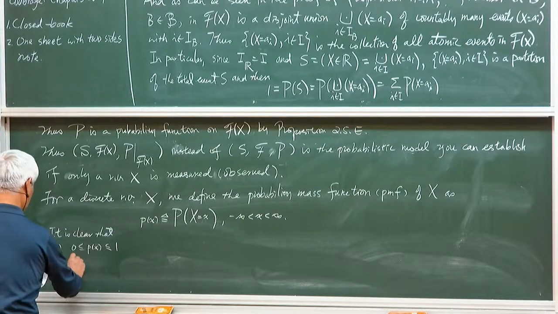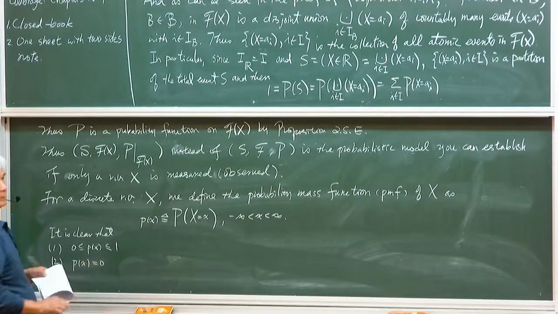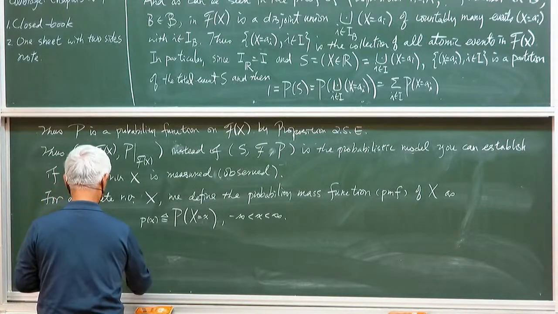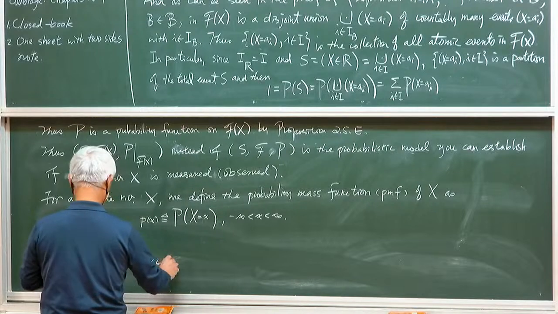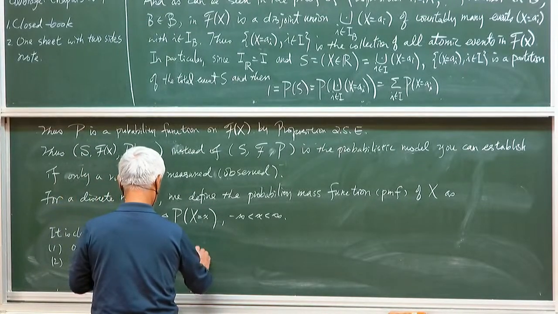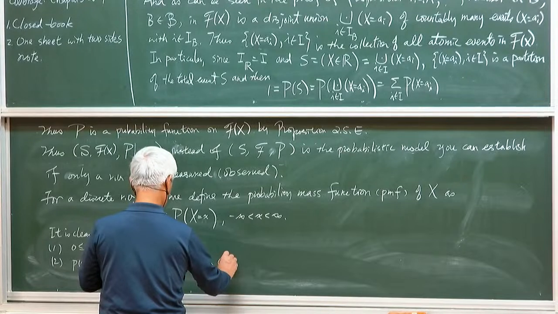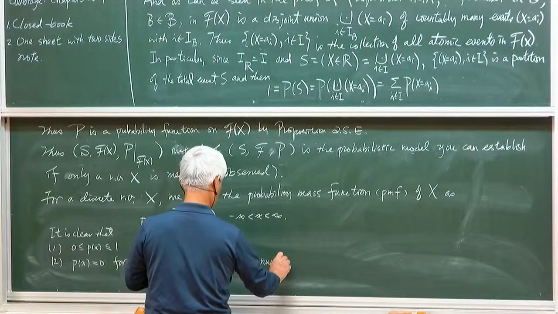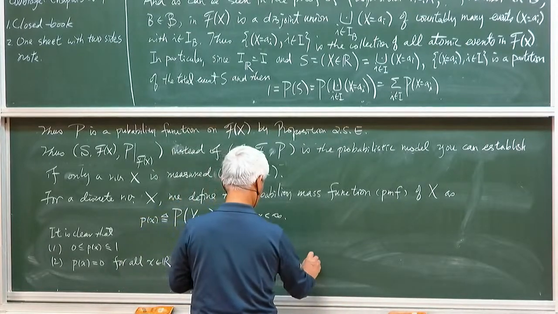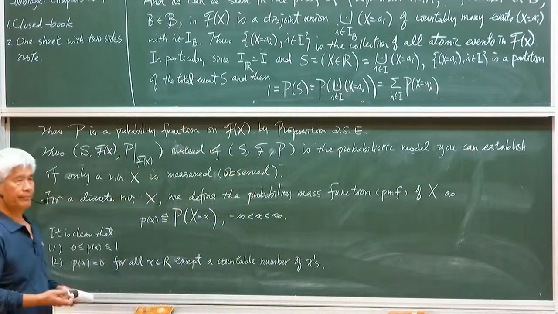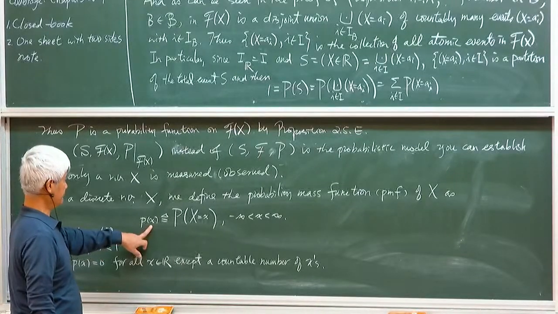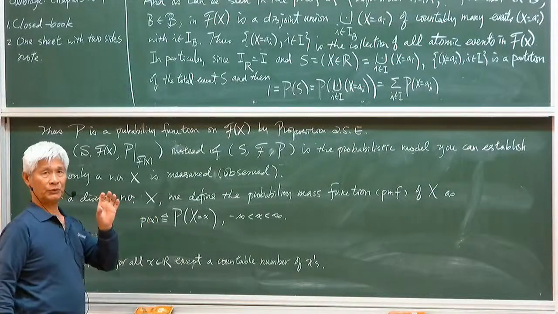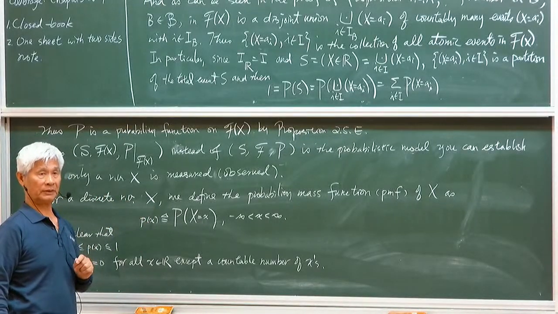The second, the PMF has 0 values for all x in R, except a countable number of x. So they may have